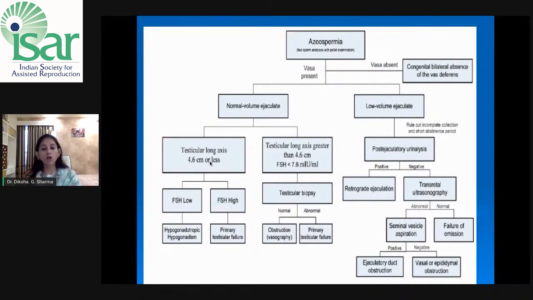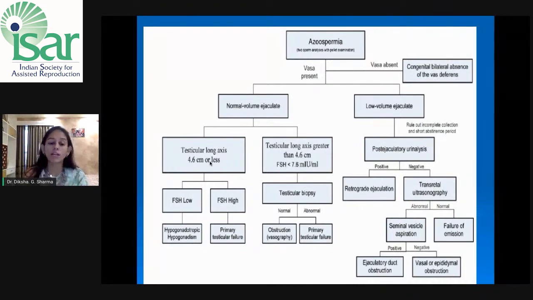size is normal or the testis size is low. So if it's a small testis with a very high FSH, then it favors primary testicular failure. That is, the FSH will be high, testosterone will be low, and the testis size will be less than 4.6 centimeter. However, with a small testis, if the FSH is low, then as discussed earlier, this is a